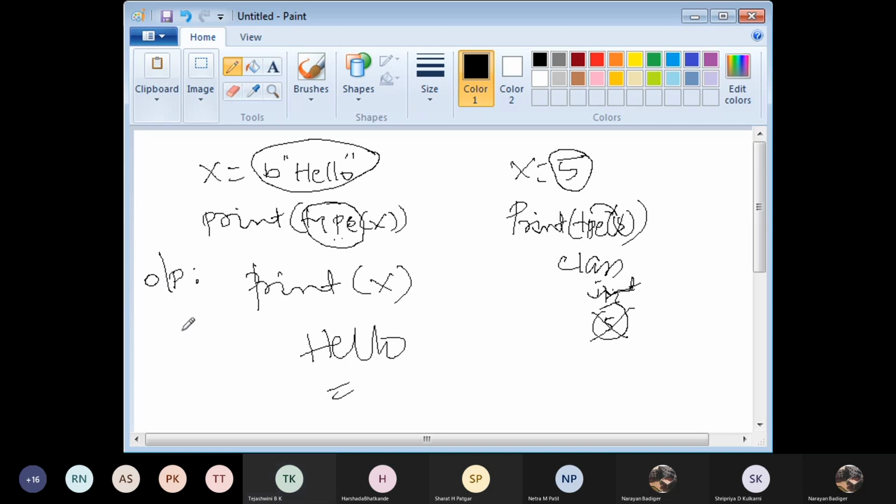Is it still a string? Now, what you told, it is bytes, right? Yeah, class bytes. Simple. Okay. Next. Now, what if I omit this b? Now tell me, what will be the output? x equal to hello. Class string, sir. String. That's all. Fine. That is correct.